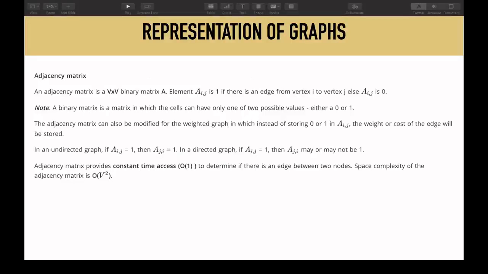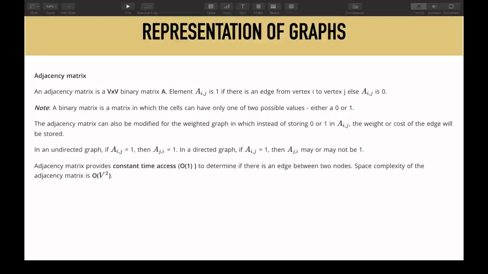One of the very simplest ways is to use an adjacency matrix, or you can consider it as a simple matrix. The term adjacency means the nodes which are adjacent to each other.